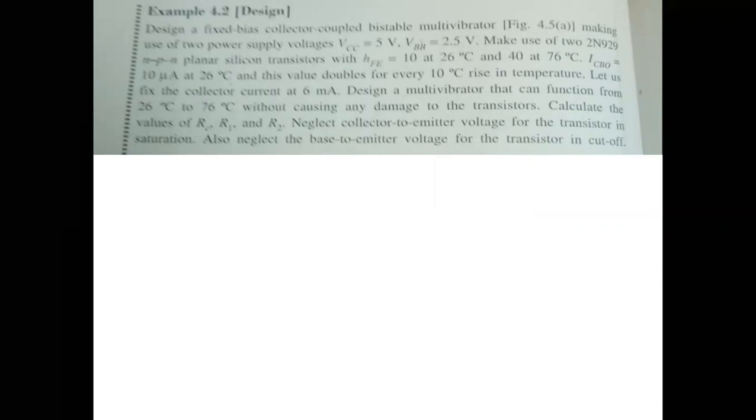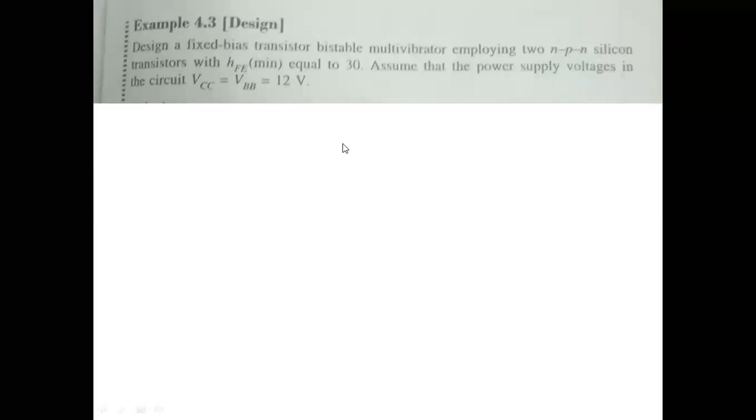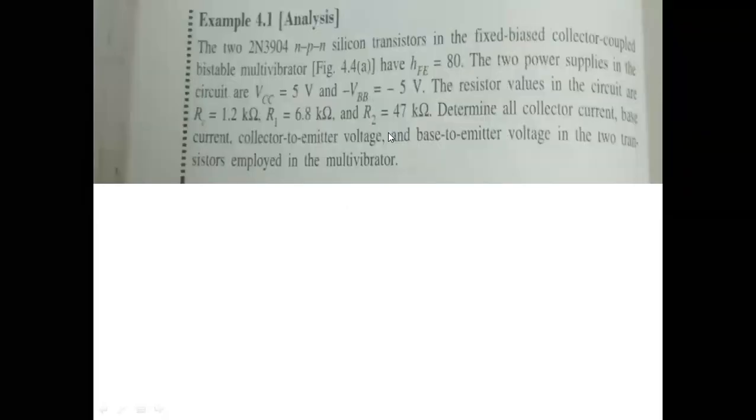Why I am repeating this point is that you have to understand the difference between the second sum and the third sum. In the second sum they had given the ICBO. Therefore, by directly applying the KCL, we get the R1 resistance. But in the third problem we do not have the ICBO given. Therefore, we can't assume the ICBO, because it is temperature dependent. As the temperature changes, the value changes.